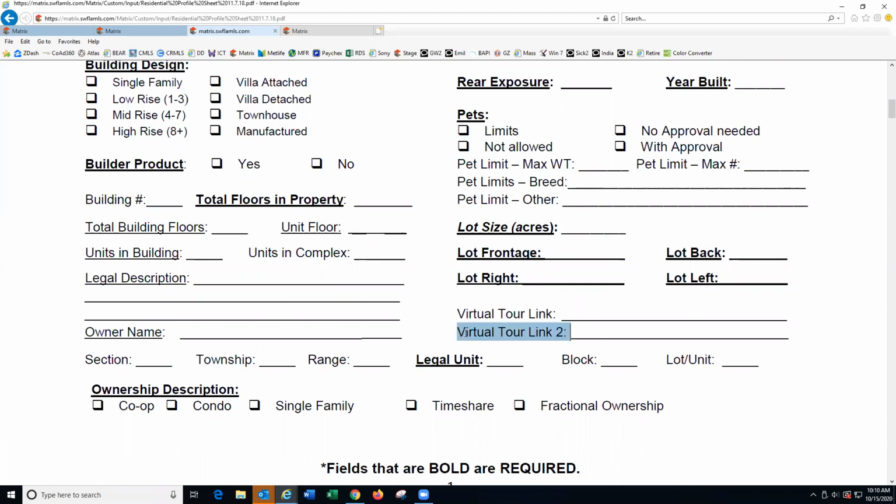The second could be the development, showing different amenities and things like that. Remember, in your virtual tours, you cannot brand to yourself. So you can't be putting things in like call Jeff for a showing or whatever at 992-6771. No, you can't put stuff like that in there. You can't brand to yourself. All right,